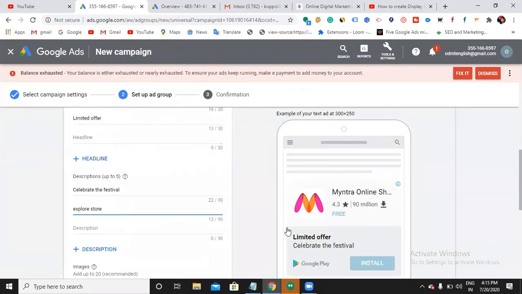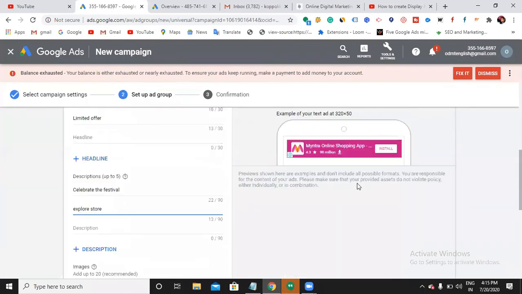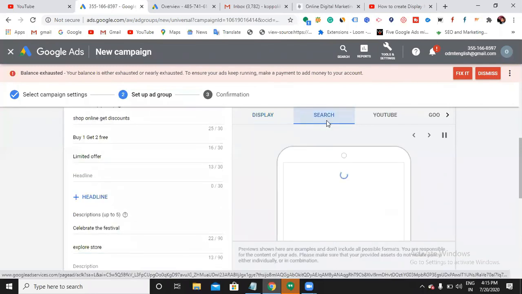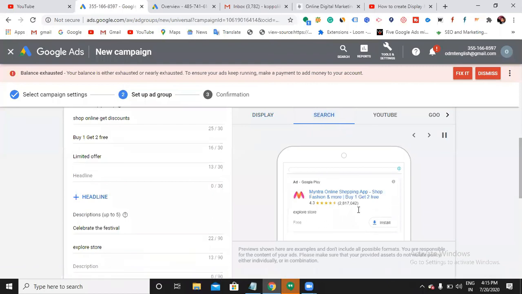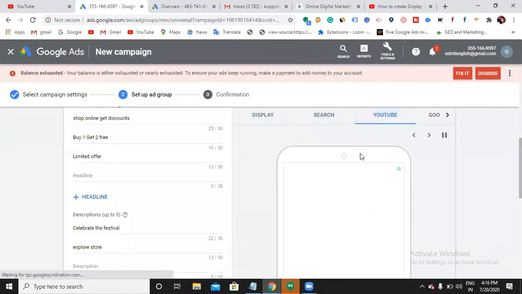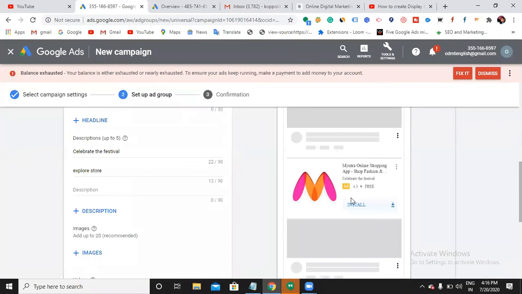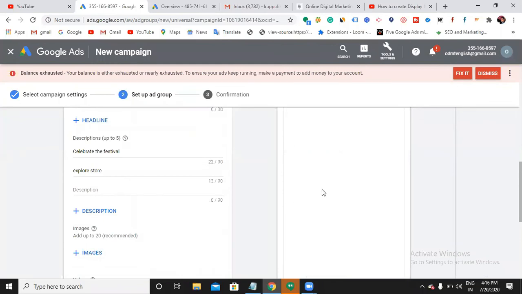Now can you see here? This is how it appears on different kinds of websites. Your ad appears in search results also. When someone searches, this is how your ad appears. Can you see the preview? And on YouTube, this is how your ad appears. Have you ever noticed these kinds of ads?